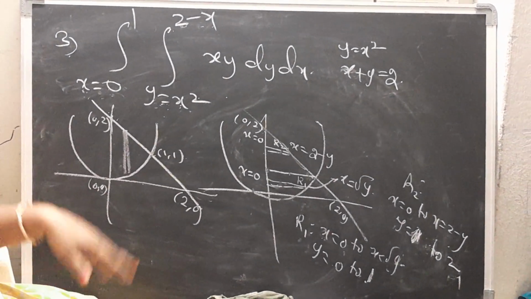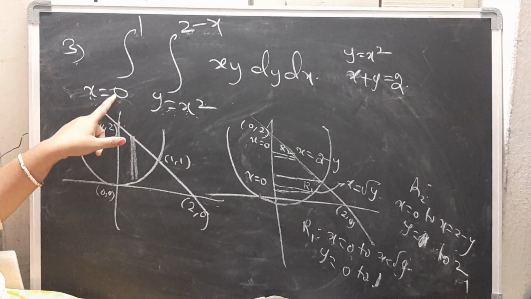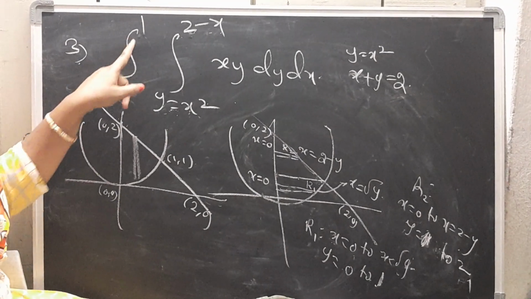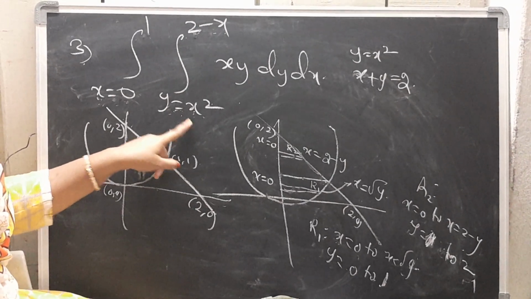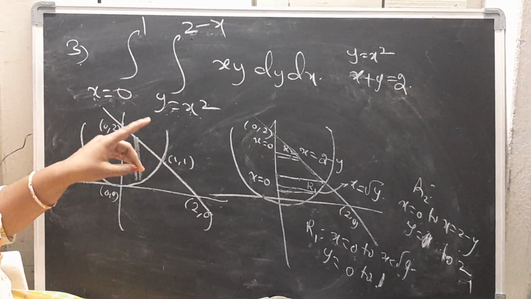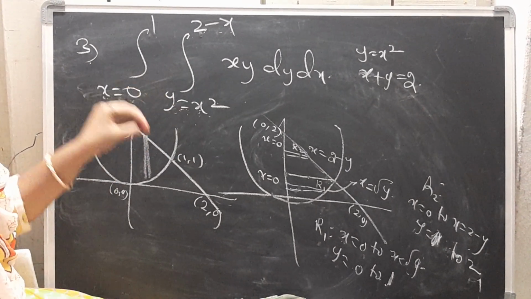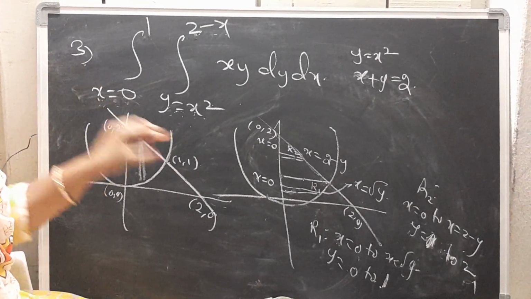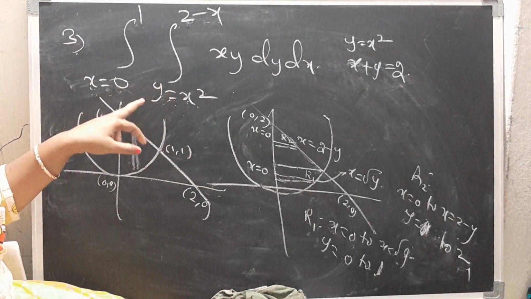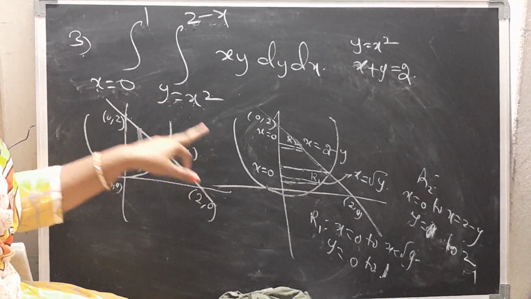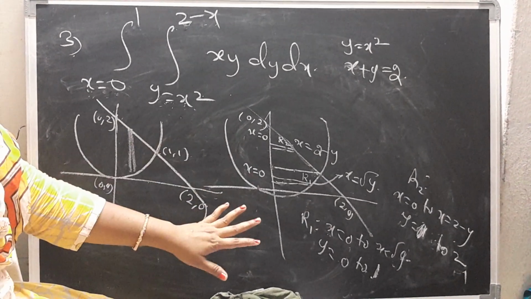My intention here is: what are the limits for the change of order of integration? If the problem gives x equal to 0 to 1 with x as the outer limit, you have to convert it to y as the outer limit and x as the inner limit. That is the concept. In the anti-clockwise direction, you take the outer limit as x. In the clockwise direction, you take the outer limit as y. Anti-clockwise direction always means a vertical strip. Clockwise direction always means a horizontal strip. If the given problem is anti-clockwise, you have to convert it to clockwise, that is vertical to horizontal. If it is horizontal, you have to convert it from horizontal to vertical. Okay.